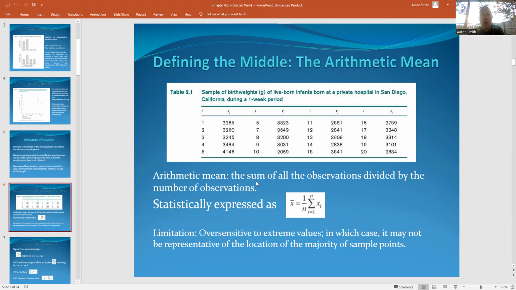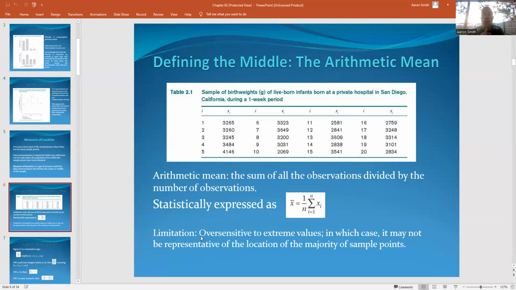The arithmetic mean, the sum of all the observations divided by the number of observations. I'm going to add up all the observations, and then I'm going to divide by the number of observations. And so here, we get a number that in a sense gives us the central tendency of our overall data. If I'm looking here, I can kind of get an idea of where the central tendency is, but it's hard to really pick that out beyond the first digit. It looks like the first digit is probably a 3, but it'd take a little bit more to get